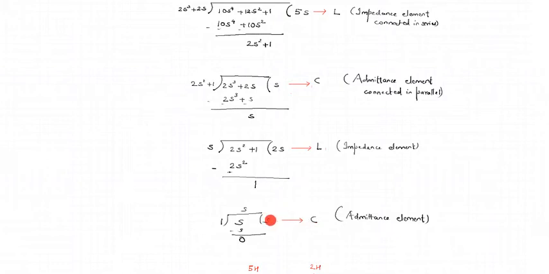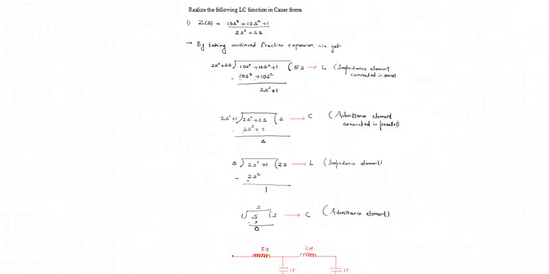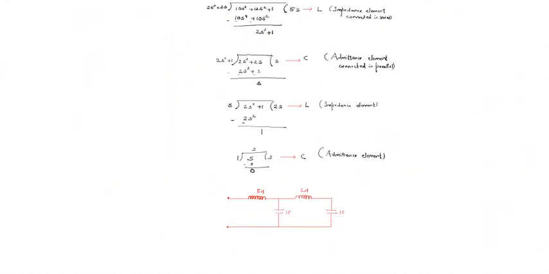Now, recalling the previous discussion, the first element is impedance, the second is admittance, the third is impedance, and the fourth is admittance. So impedance and admittance alternate in the Cauer method. Impedance element means it is the series element. Admittance element means it is to be put in the shunt or in the parallel path. So with this information, here is the circuit as shown.